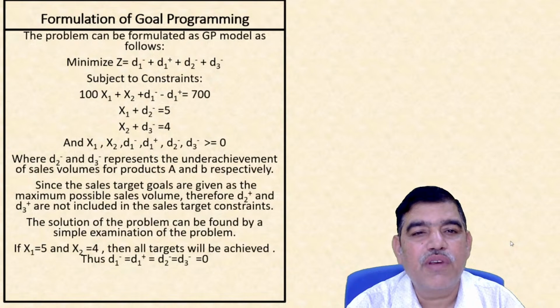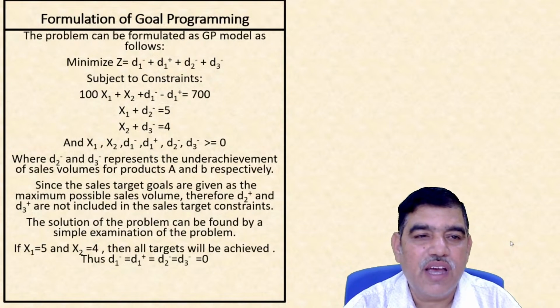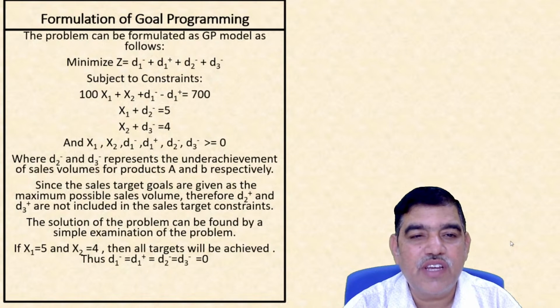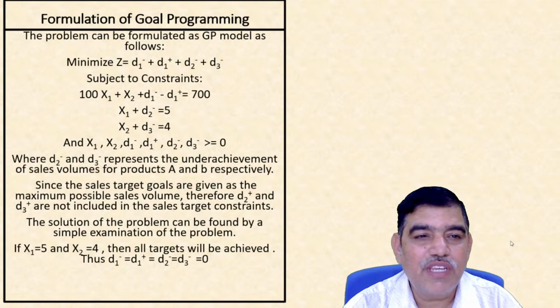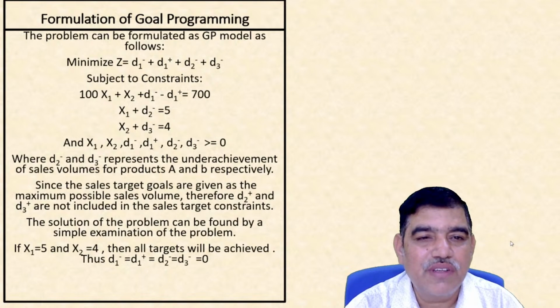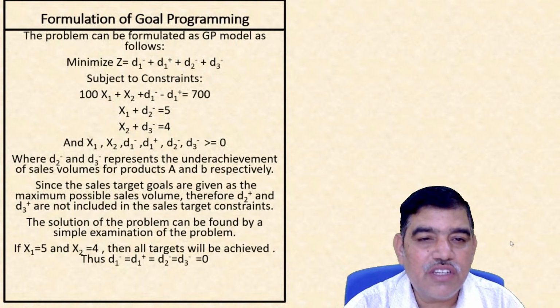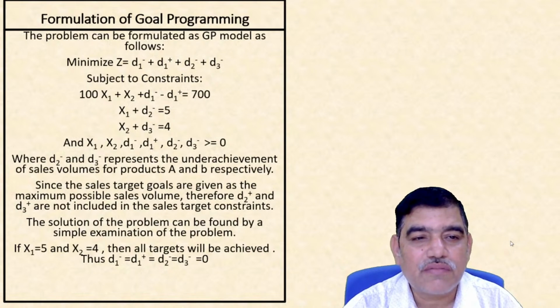This problem can be formulated as the goal programming model as follows. Whenever we write an LPP, it is maximize Z, but in goal programming you always write minimize Z. What is minimize Z? Z equals D1 negative plus D1 positive plus D2 negative plus D3 negative. These are the deviational variables we consider in our equation constraints. We write them in the minimize objective function, and subject to constraints,